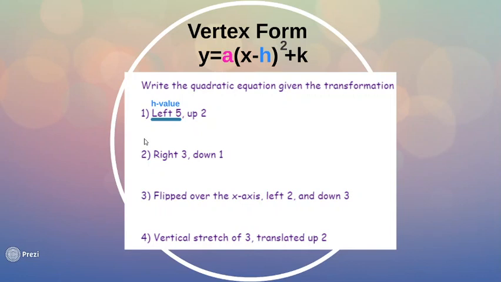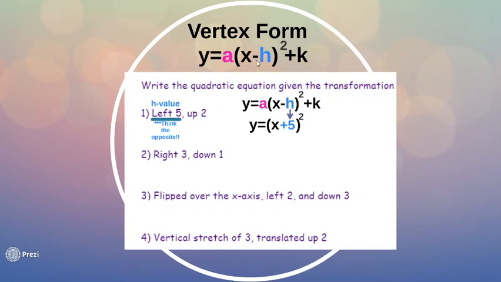Don't forget, with the H value, we have to think the opposite. So when we think left, we tend to think, well, we're heading to the left on the X, which means we're going negative. Now that's the demon cats talking to you. That's what the demon cats will tell you, and you'll put a negative sign. Don't do that, okay? When you go left 5, it's actually going to be a positive number. Okay, so we have our standard form of quadratic transformations. I know this is an H value, so I'm going to be filling in a value for H into my new equation. So since I'm going left 5 spaces, it's going to be X plus 5,